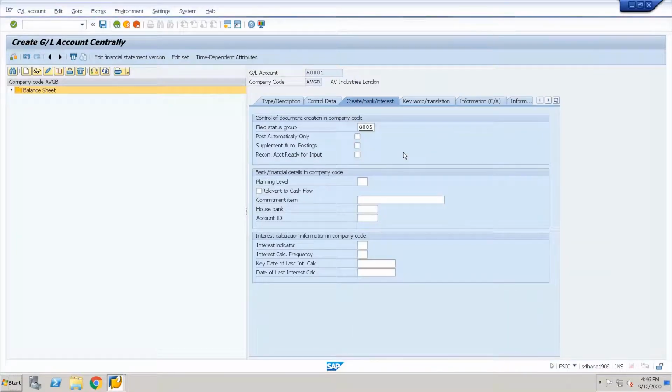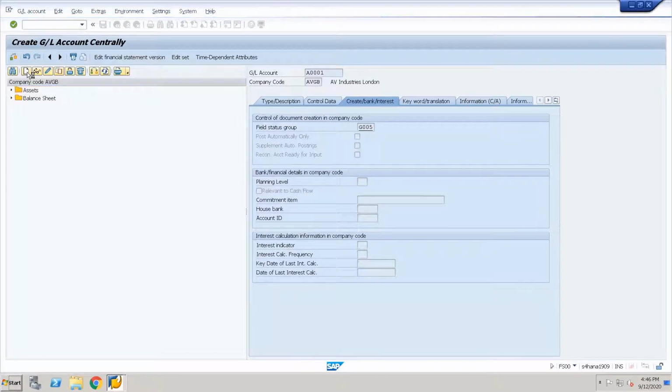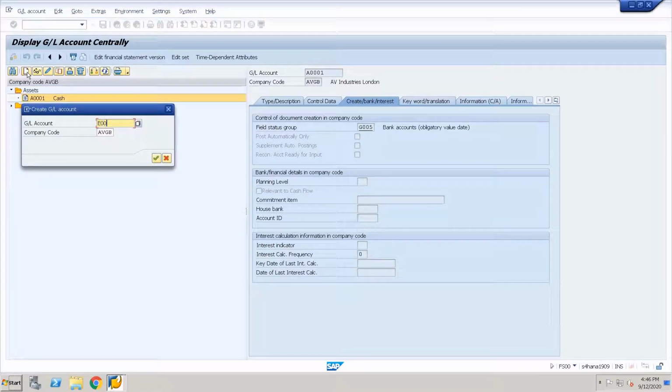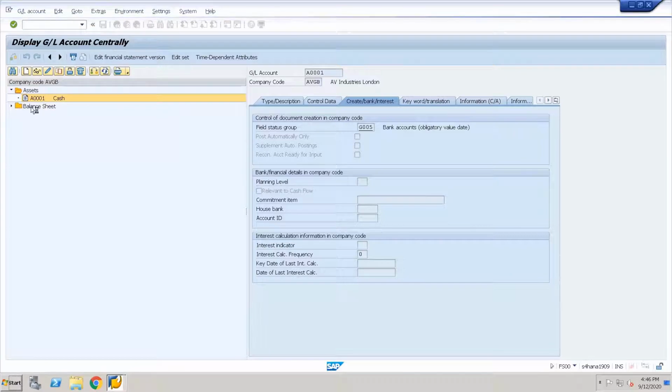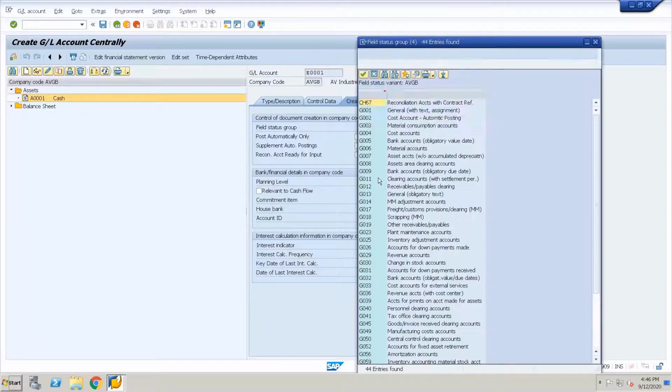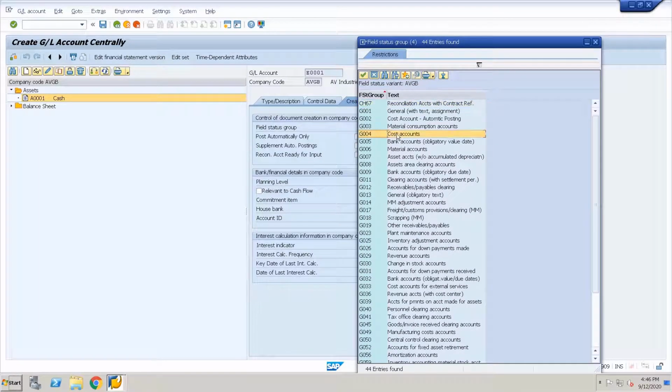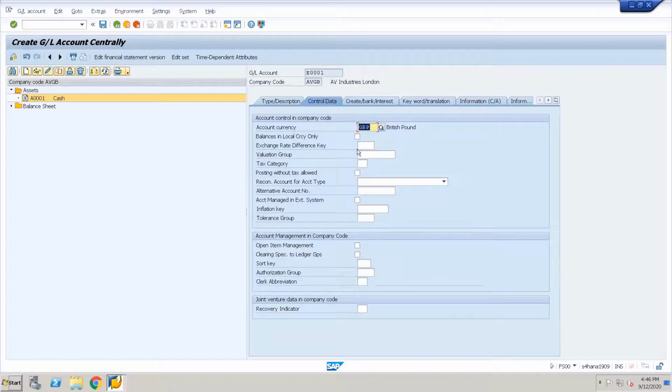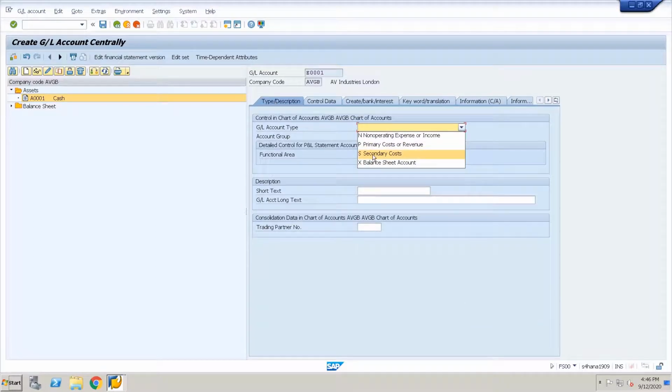Save it. So this is a primary cost element, expense account, so we'll take it as expense.